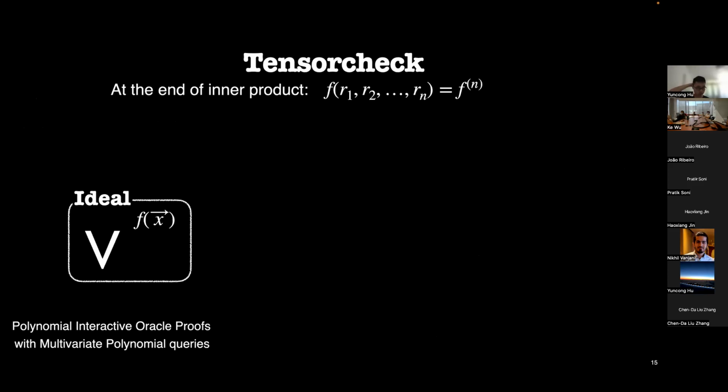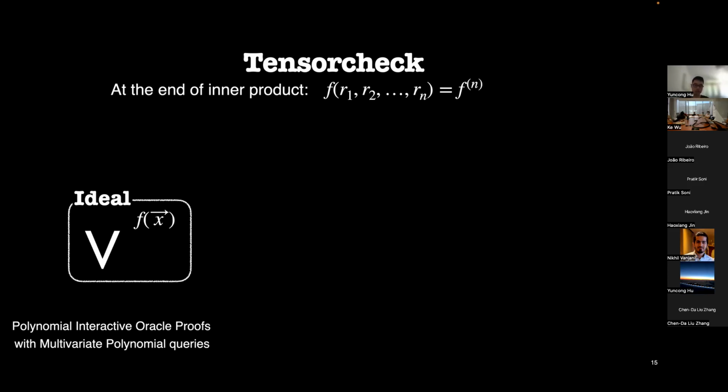Okay, then I'll continue. So previously, as I said, at the end of inner product, we require the verifier to verify a multivariate polynomial evaluation of the f, because in the final round, the proof of set FNGN can be viewed as a linear combination of the R1, R2, or the randomness with the element in F. So